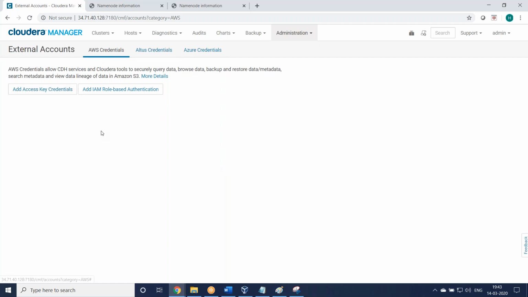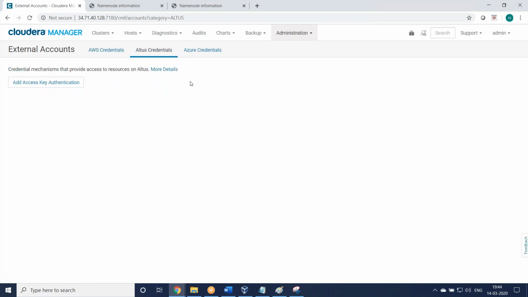If you have any external accounts and you want to include them, import them here. You can add Azure credentials, AWS credentials, or Altus credentials. You can add an external account this way.